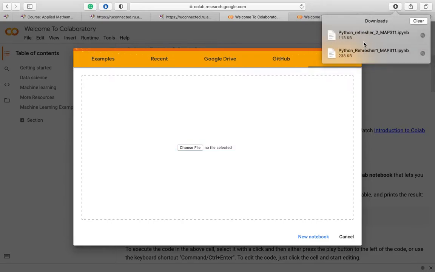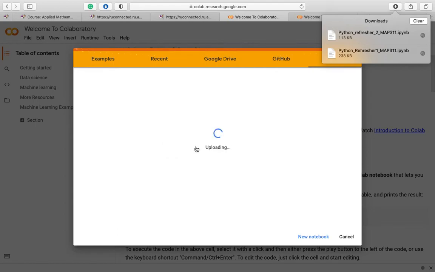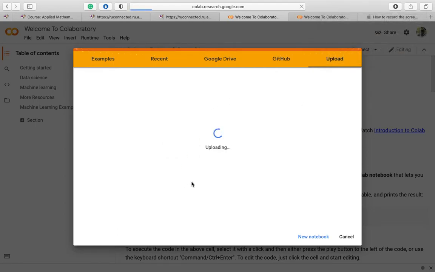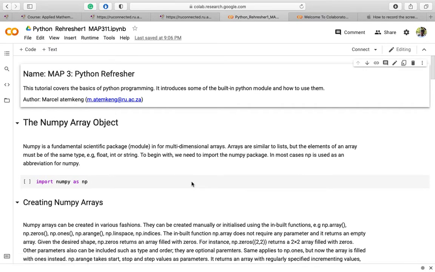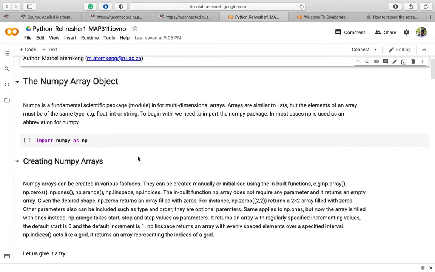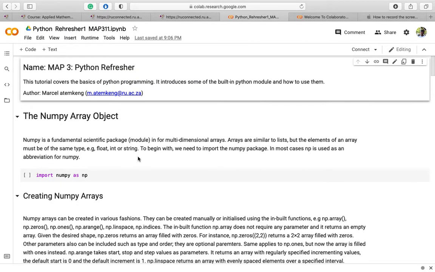Just because I'm using Safari, I can just do this since it's already in my downloads folder. But it doesn't matter. Just do it how I showed you. Upload the notebook, and it's gonna take you straight. It's gonna open the notebook for you, and this is what you're interested in, right? So this is a notebook, and